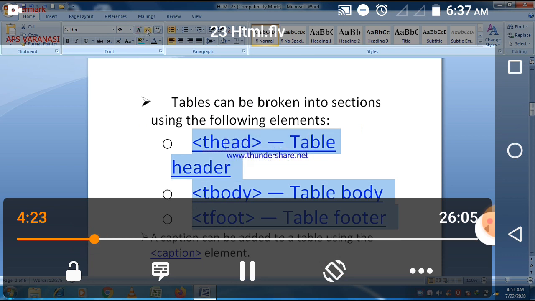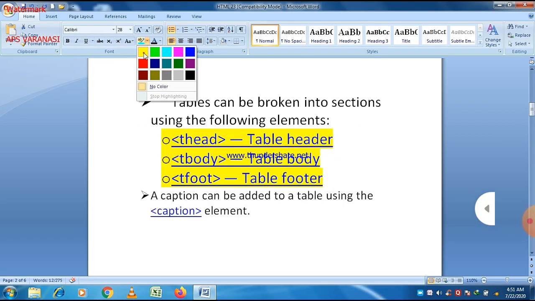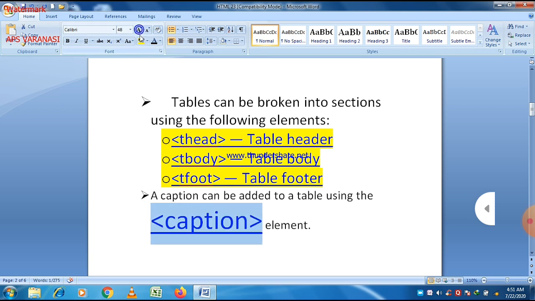And then there are three different sections of a table. These are table head, T head, T body, and T foot. And to give a title to a table, we use the caption tag.